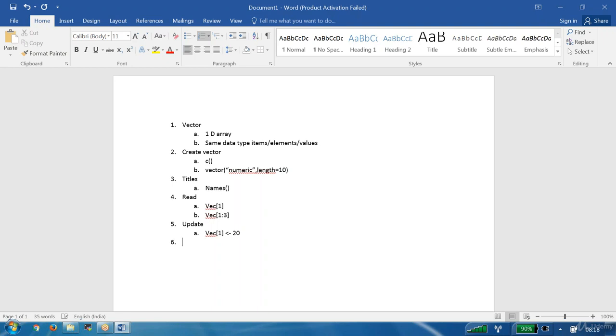If you want to delete, use the same reading method and assign NA. It is going to override it, so it is removed. That's how we delete an element. If you want to know the length of the vector, you can use the length function.